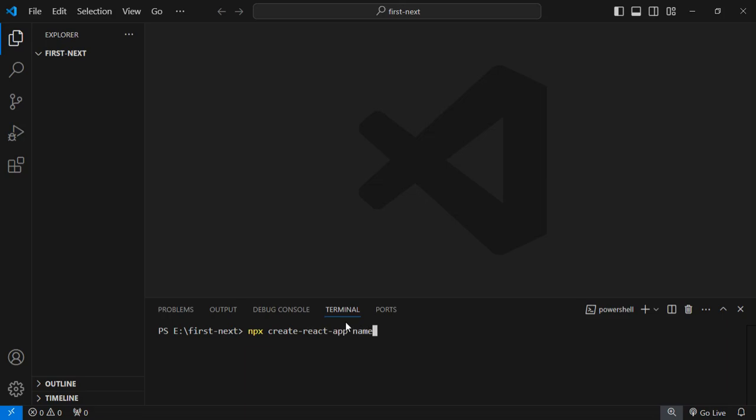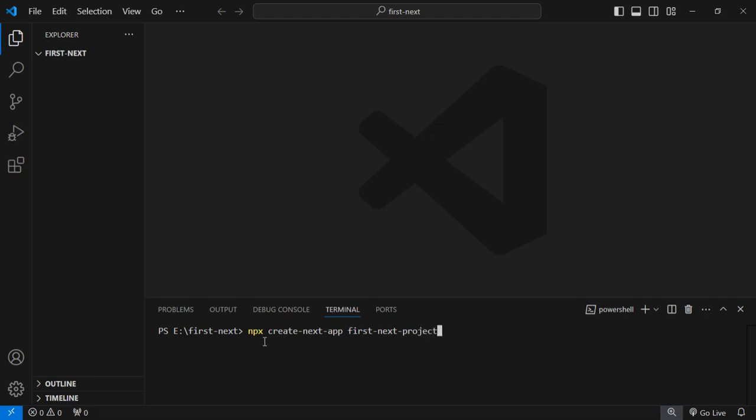But when we are working with our Next.js, instead of React, we have to type here next. I'm just typing create-next-app, and I'm going to create that name here. The name of that file should be first-next-project,